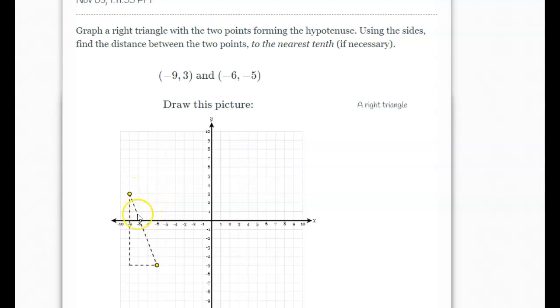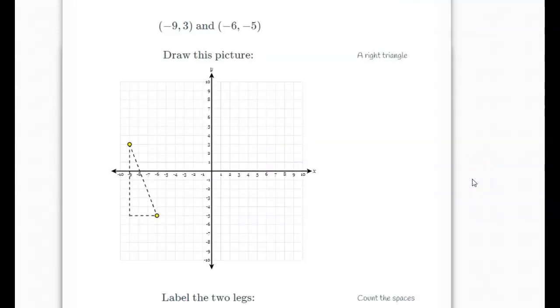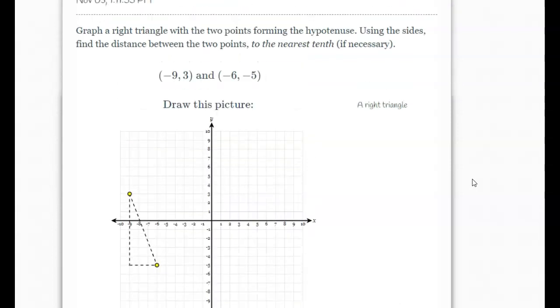And so if I wanted the shortest distance between these 2 points in the real world, this is a diagonal on this graph. And so I would use the Pythagorean theorem to give me that distance. So on Delta Math, when you practice this, you will be prompted to first graph a right triangle. So in this first step, I clicked here and I clicked here to draw this leg, and then I clicked here and clicked here to draw this leg, because these are my two legs, A and B,